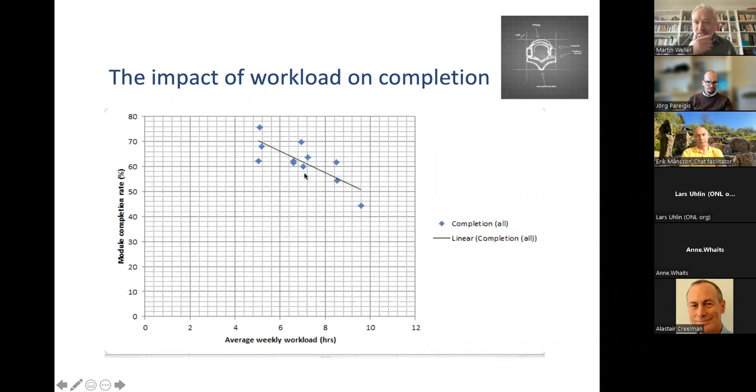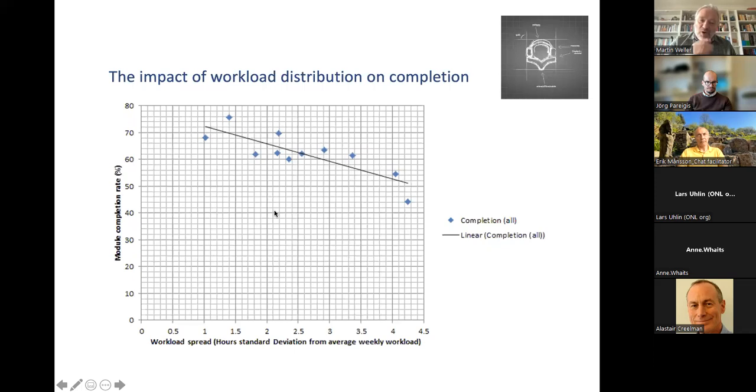And similarly, as workload increases, the ability for people to complete declines as well, so the performance data declines. And workload distribution is the variation, the standard deviation in workload. So how much it varies. It's not necessarily whether it's high or low, but just does it vary a lot between weeks? And again, there's a clear correlation between the more it varies, the more that has an impact on whether students complete a course or